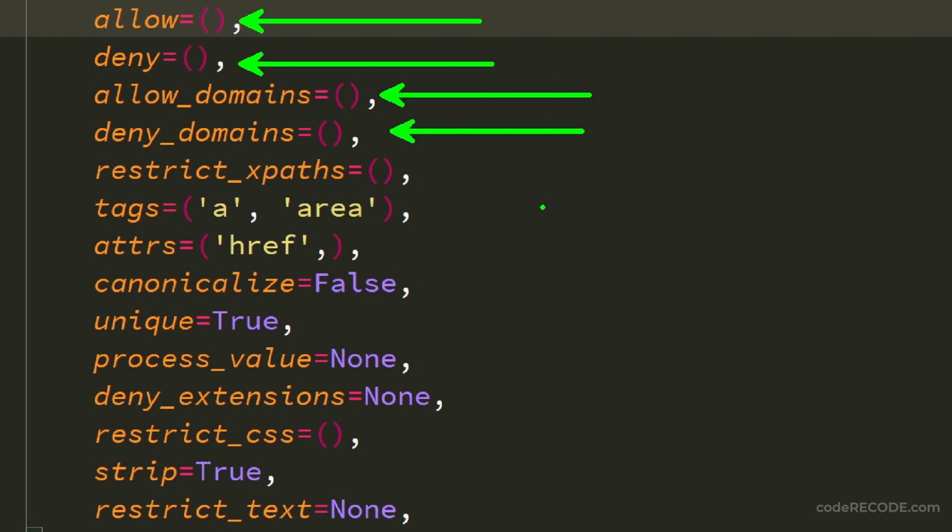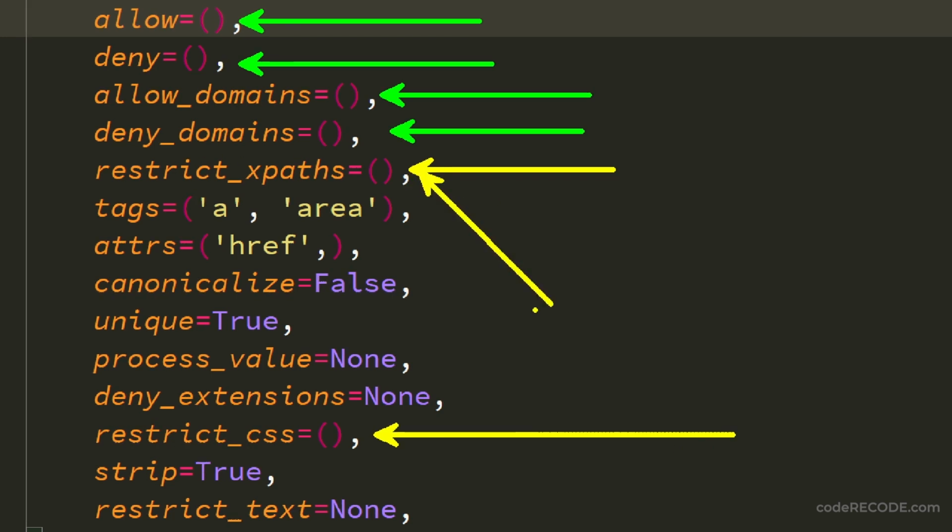So this will be specifically useful when you are working with more than one domain. And then the most important ones. So which is the most important one? The restrict XPath and restrict CSS. So these are the two most important and most commonly used ones. So if you are using restrict XPath, you can create an XPath expression.